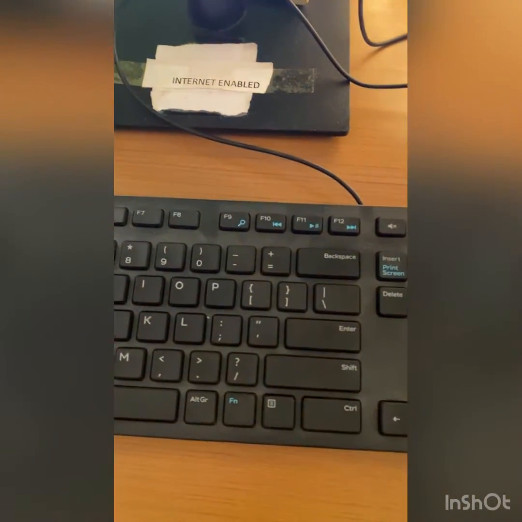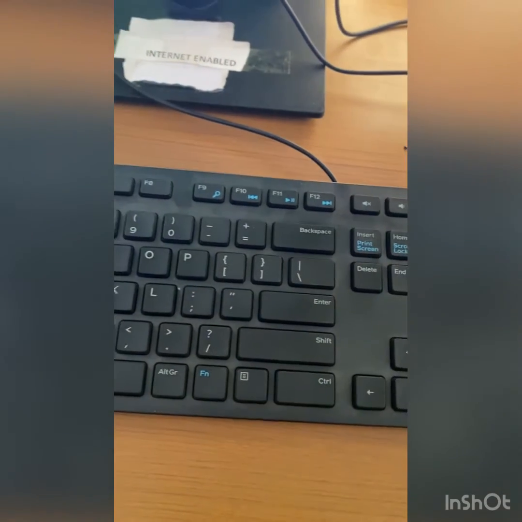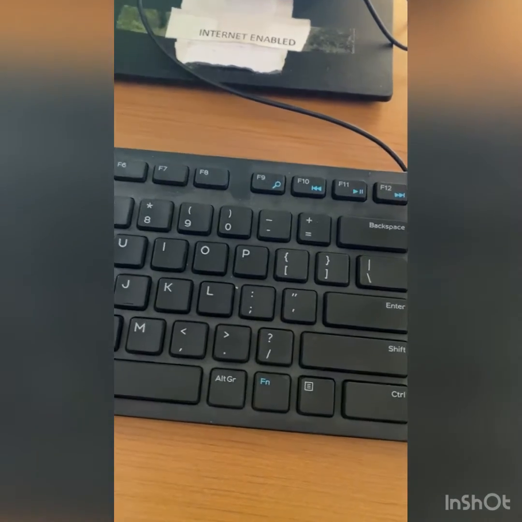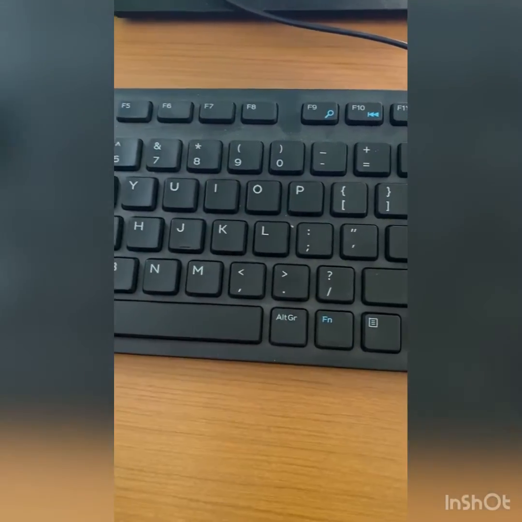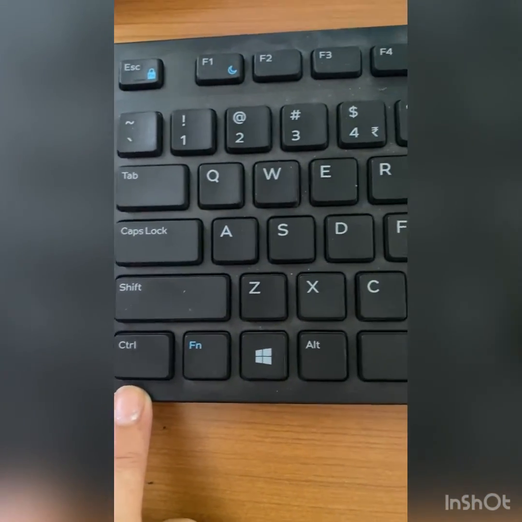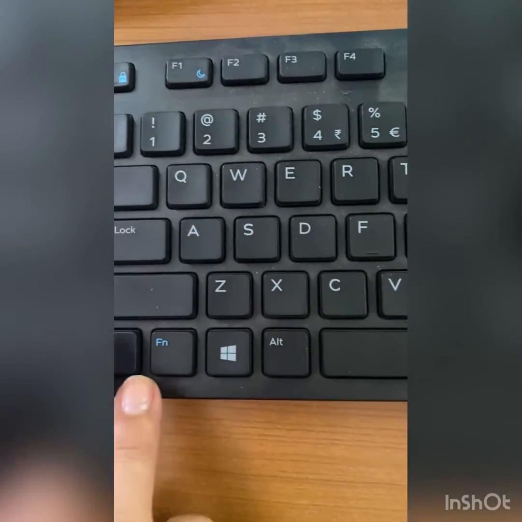Now, the last one is the control key. This is the control key, students. If you want your cursor at the top of the document, just press control and home.